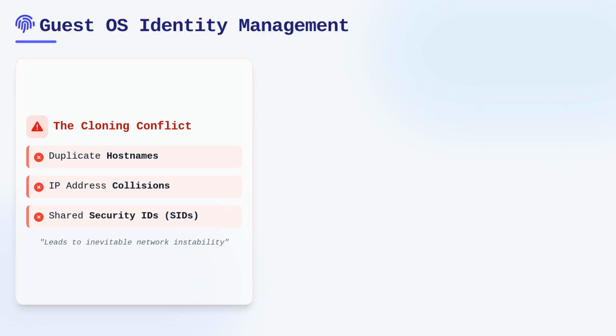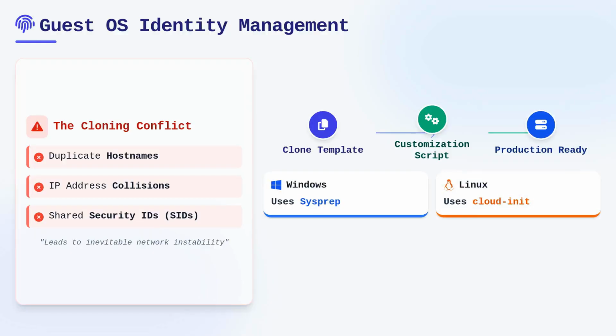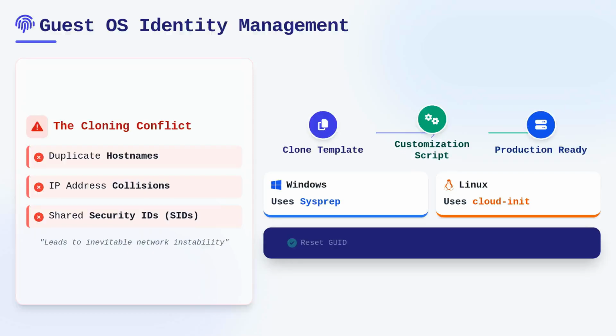To resolve this, we leverage automatic customization tools such as sysprep for Windows environments or cloud-init for Linux distributions. During the deployment process within Prism, you provide a customization script that the new VM interprets upon its first boot sequence. This script automates tasks like resetting the machine's GUID, generating a new computer name, and triggering DHCP requests or